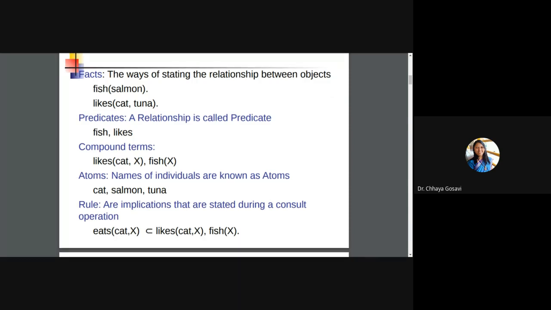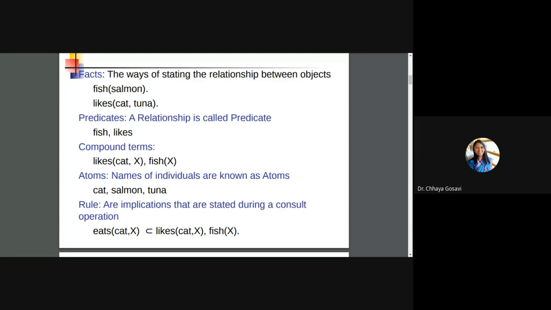So let's see what facts are. Facts are statements which are either true or false. Propositions are called facts, the way of stating the relationship between objects. So here, salmon is a fish, and cat likes tuna. The relationship is likes between these objects, cat and tuna.